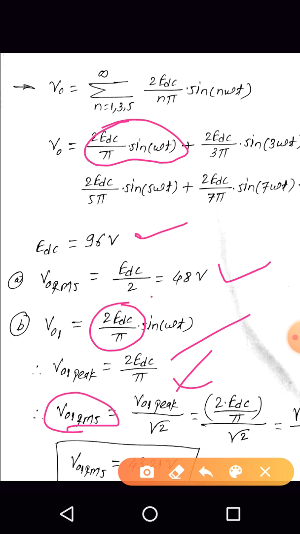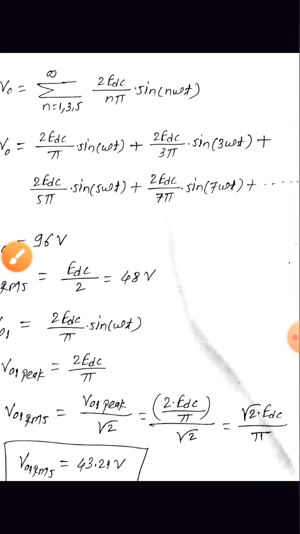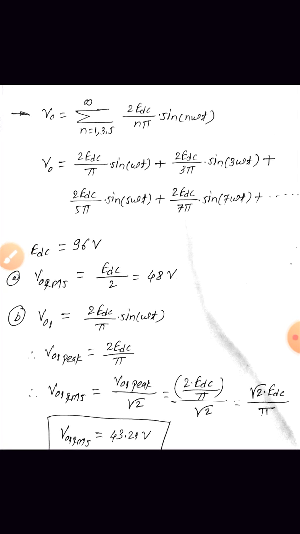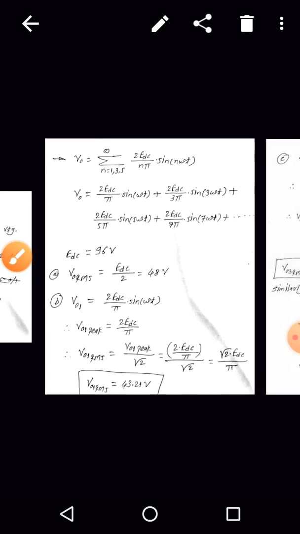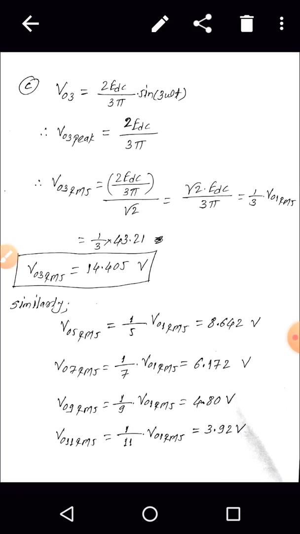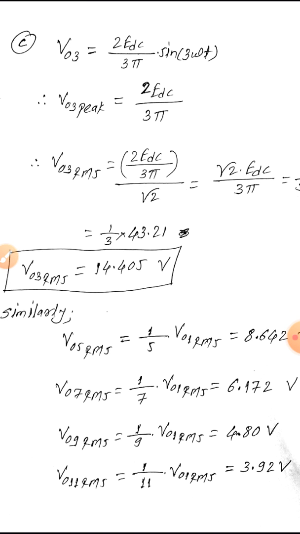So what about V01 RMS? 2 EDC by pi divided by root 2. Further, can we write it as root 2 EDC by pi. After putting the values, we will get V01 RMS equal to 43.21 volt. Are you getting the point? So this is the RMS value of the output voltage due to the fundamental component. Next, third part, they have asked for the RMS values of the output voltages due to the first 5